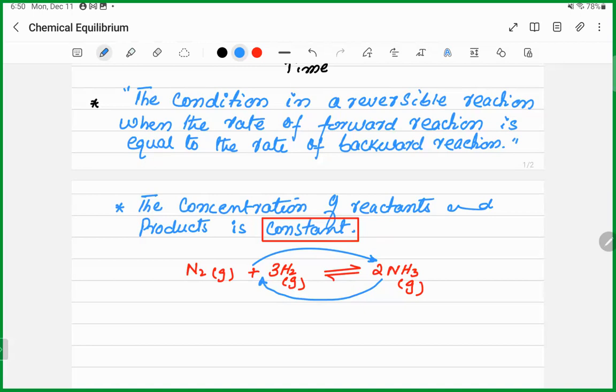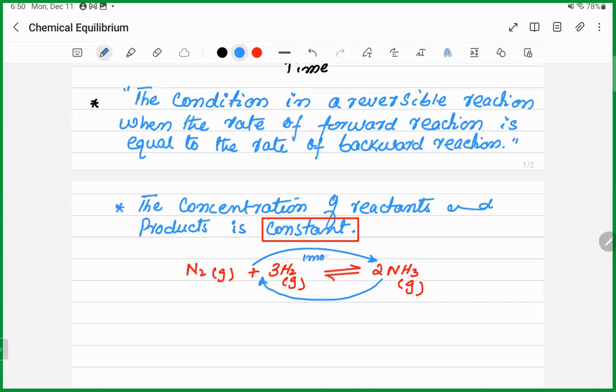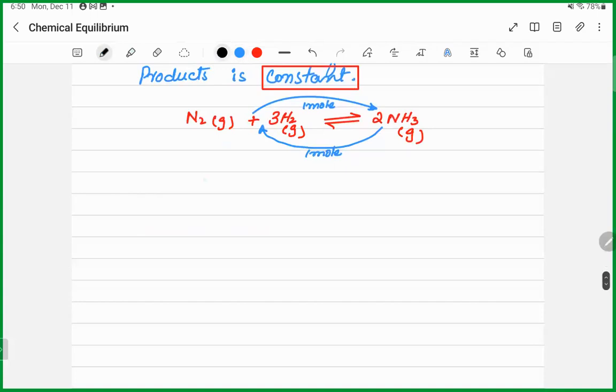ठीक है? So as जब भी dynamic equilibrium attain हो जाएगा, so if you have like 1 mole of ammonia जैसे ही फॉर्म होगा 1 mole of ammonia decompose हो जाएगा. So क्या आपको कोई चेंज मिलेगा इन द अमाउंट ऑफ प्रोडक्ट? नो. ठीक है ना, because the rate of forward reaction, the speed by which the ammonia is formed, and the rate of backward reaction, the speed by which ammonia is getting decomposed, become same. ठीक है, clear? If I ask you, or if I represent the same thing on a graph, ठीक है, so